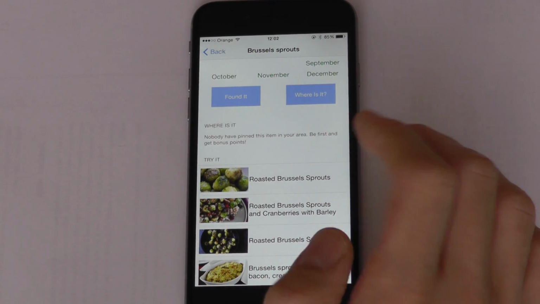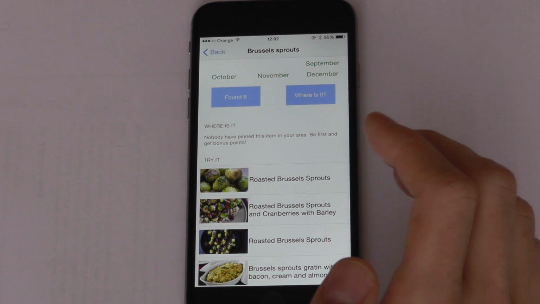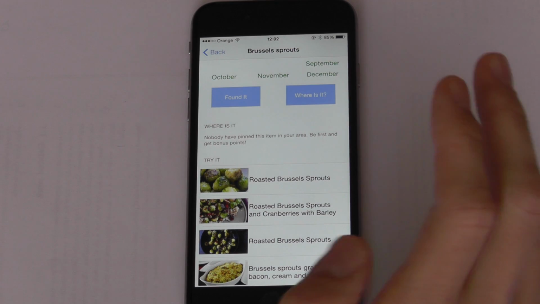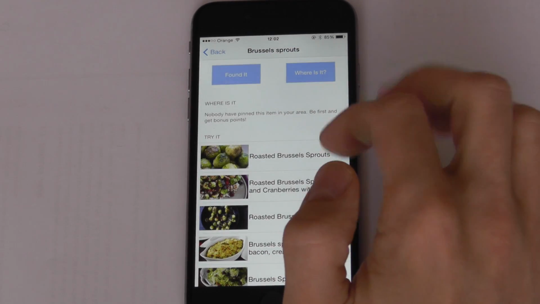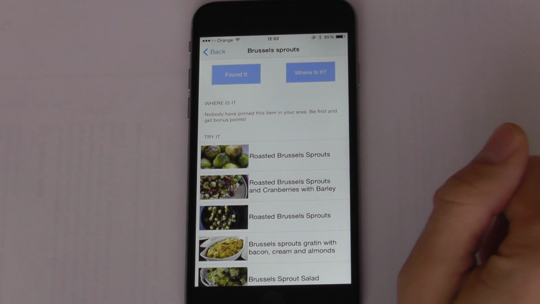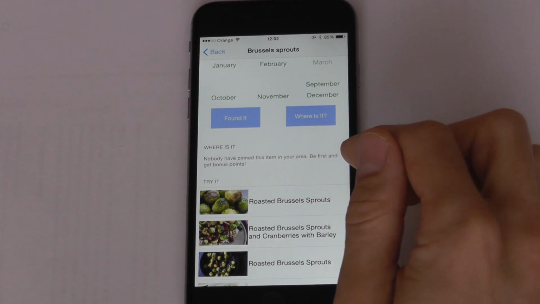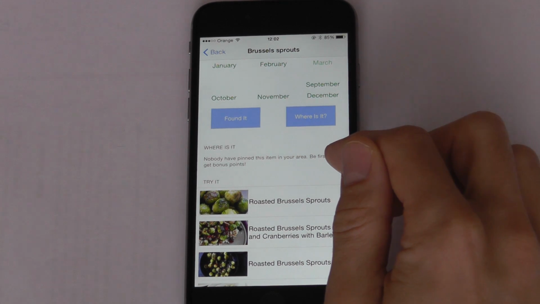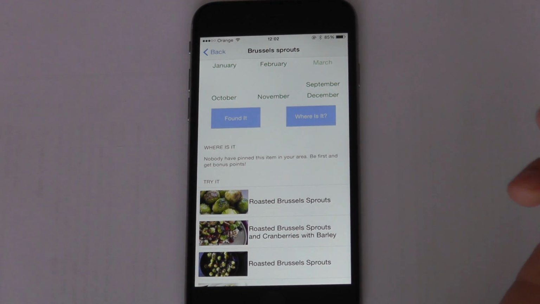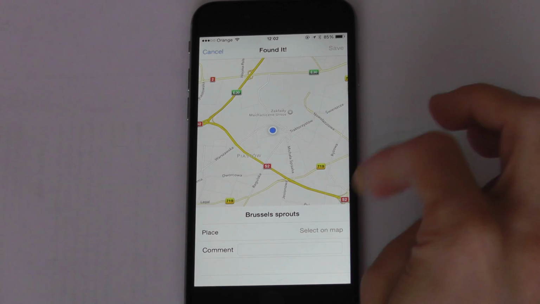The case is that when I'm in the shop or at the market, I see the Brussels sprouts, I check them, okay, they're perfectly in season, but what to do with them? So this is the list of sample recipes that will give the idea of what to do with this item. I can see where the item is available nearby, and right now nobody has pinned the Brussels sprouts near me, so let's do this. I will tap Found it,